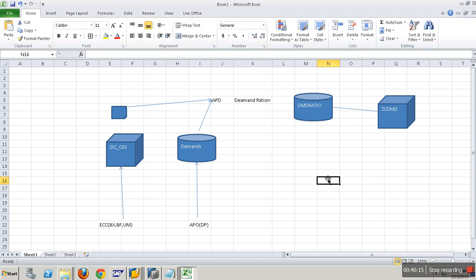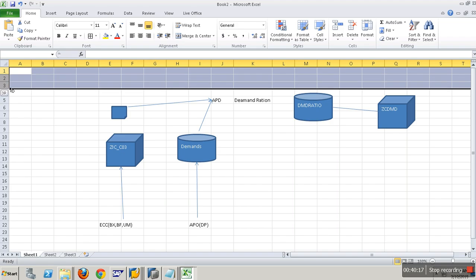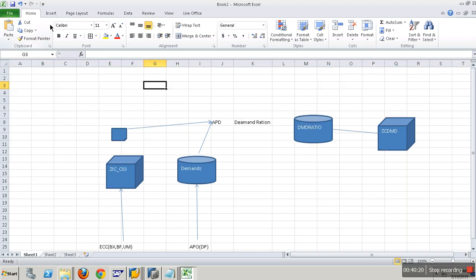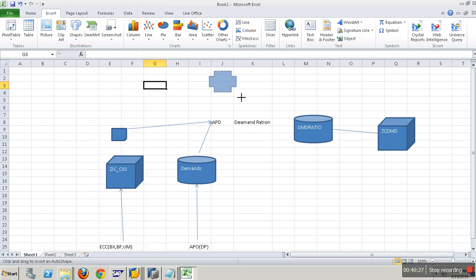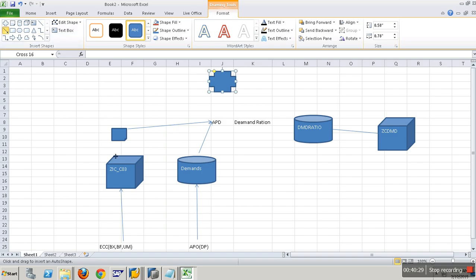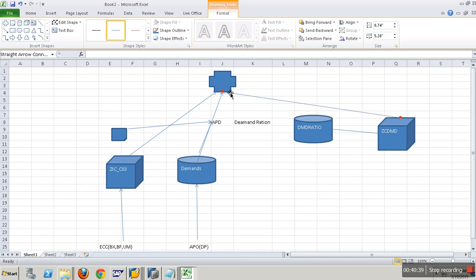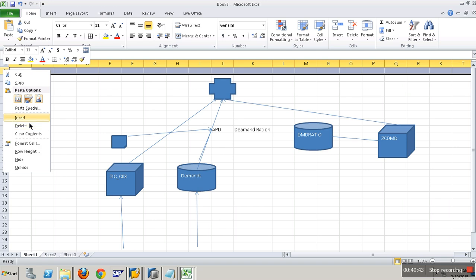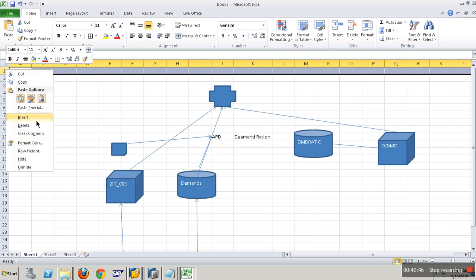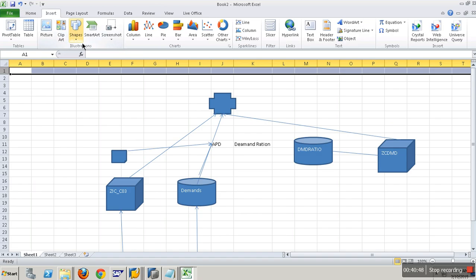Then create a multi-provider on top of it, where you connect what? Inventory queue, demand queue, and demand ratio queue, and then create a big query on top.